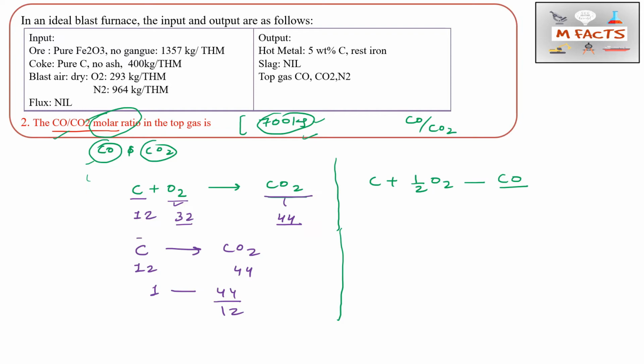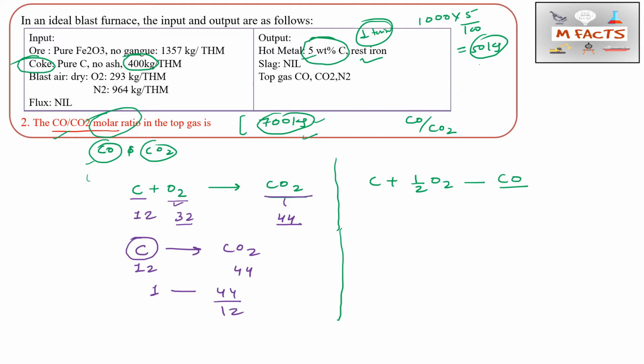So what is the weight of carbon? How to find this weight of carbon? By the carbon balance in the reaction. From where is carbon coming? Carbon is coming from this coke, and that is a weight of 400 kg. And where is carbon going? Carbon is going only into this hot metal. Hot metal weight is 1 ton, because we are taking assumptions per ton of hot metal. So 1000 kg multiplied by 5 by 100 means 50 kg of carbon will go into this hot metal, and the rest will go for the top gas reaction.